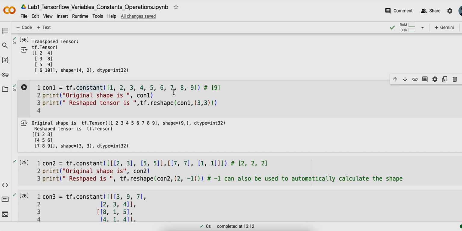So the number of elements in this vector is 9. It's not the dimension. So the number of elements in this vector is 9. That's why 9 is written over here, and then a comma, with nothing on the second dimension. And this looks confusing because when you reshape it into a 3x3 matrix, you will get the exact